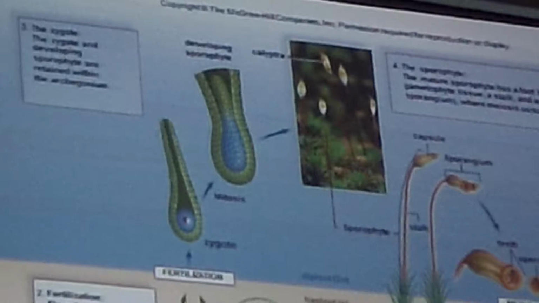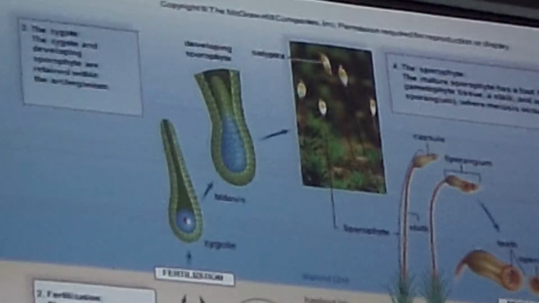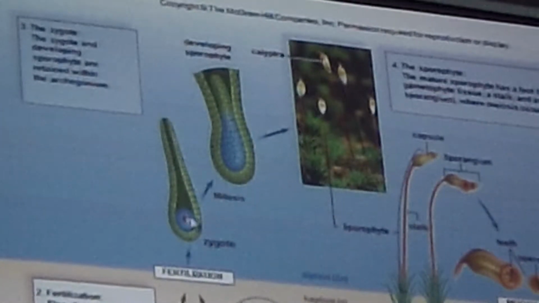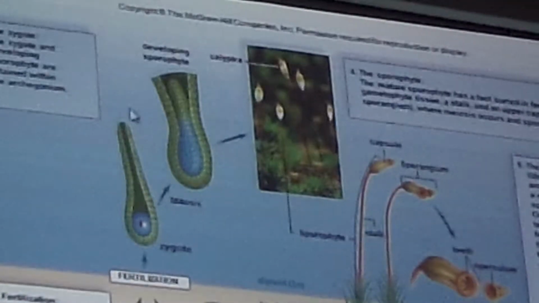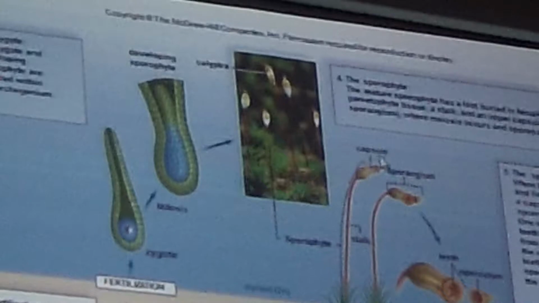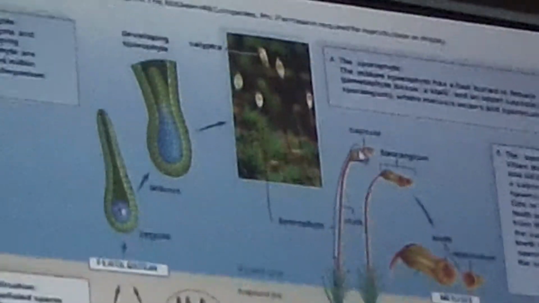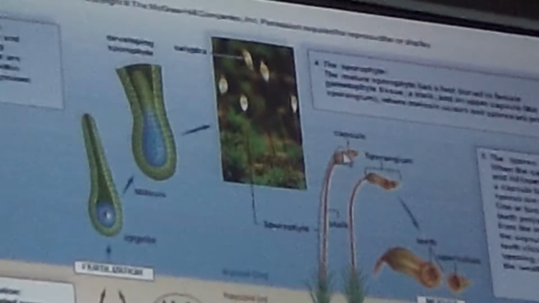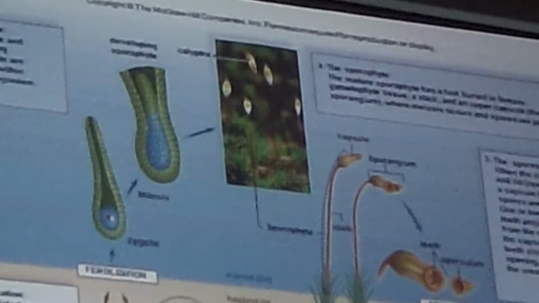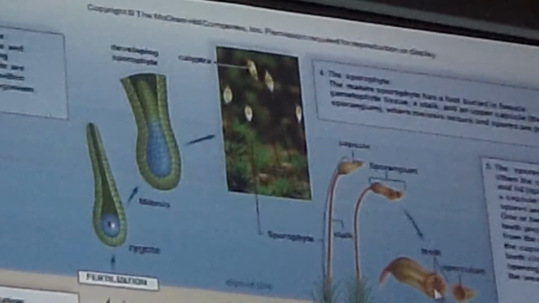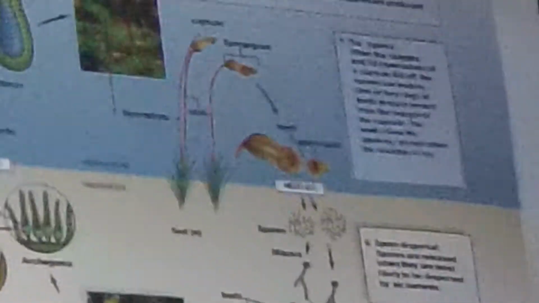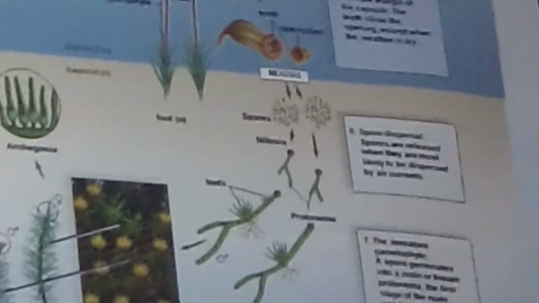The sperm swims to the egg, fertilizes it, and you have your zygote. They're showing it up close right here. And the zygote will then start multiplying and grow into a stalk and capsule. And then the capsule will eventually ripen and burst open and release a bunch of spores, and the whole cycle